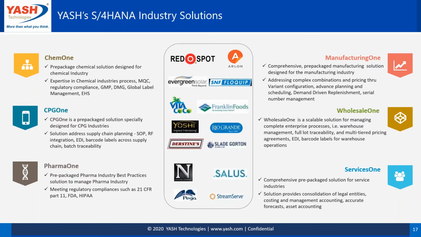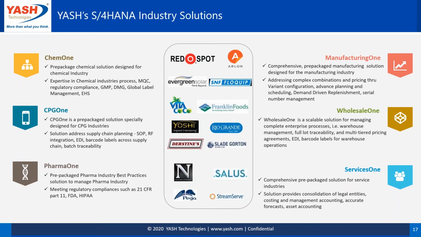So these are some of our industry solutions which we have qualified in certain regions. In most of the regions, certain products are qualified. So CAM1 for chemicals, CPG, pharma. And these are some of our customers where we have done implementations, greenfield implementations for some of our customers. Using these packages, they could quickly realize the value.